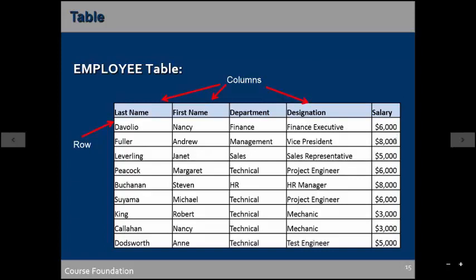But suppose in extreme conditions the names are also the same, and they work in the same department with the same designation, and so the salary structure is also the same. Suppose everything is the same for those two people, then how are we going to distinguish between the two?